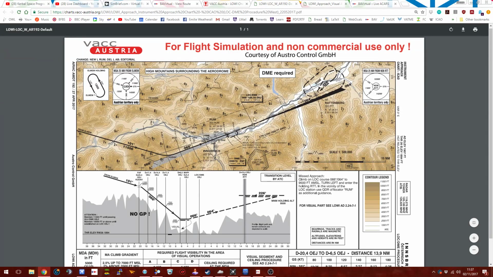When we do that, we flick back onto the same localizer we were on before on a course of... that's not right, is it? 064 plus 180, so 144, 244, come on, maths. In we come until we hit the RUM NDB, as you can see here. And when we do that,